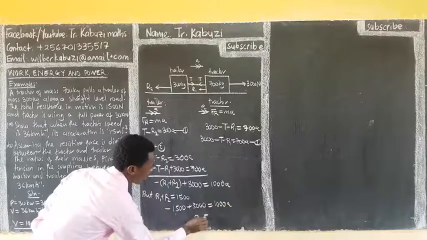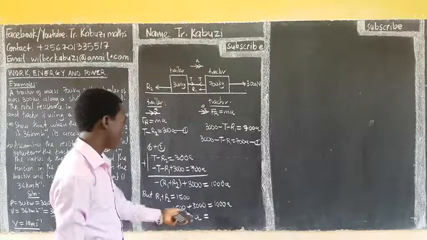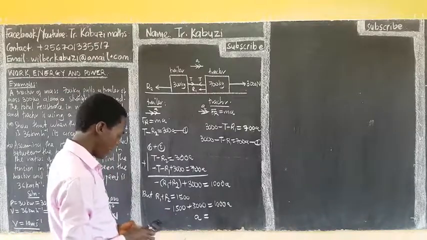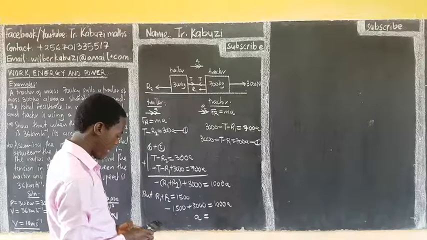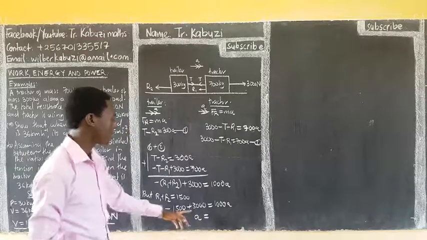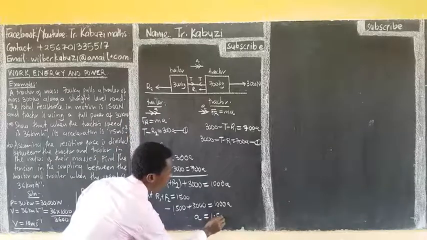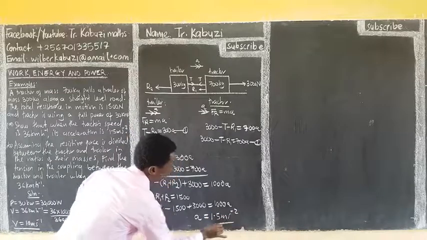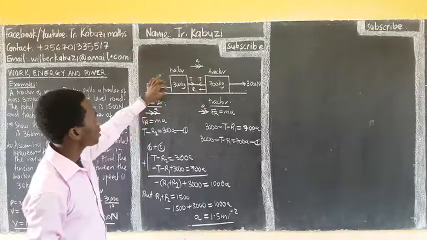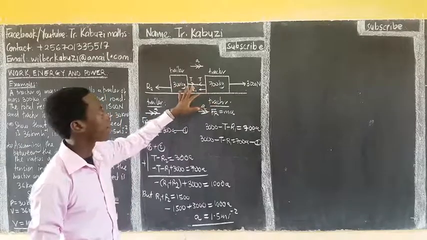And from there, our acceleration is going to be 1,500 divided by 1,000, this minus this, we get 1,500 divided by this, and get 1.5 meters per second squared, and that's the acceleration. The other easier method is you combine this as 1, you'll be having the whole mass as 1,000, then